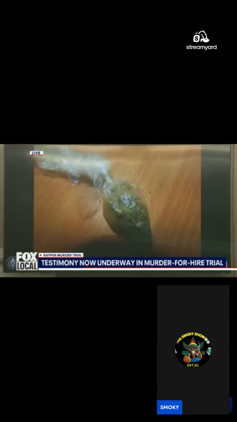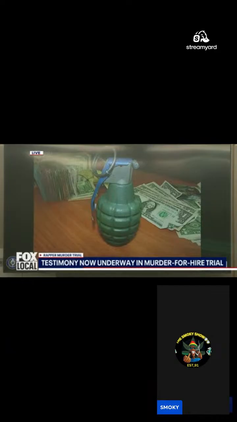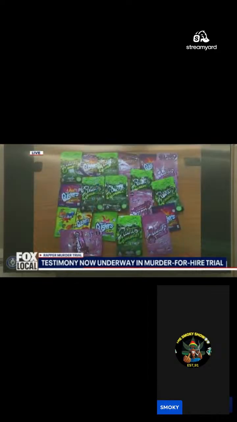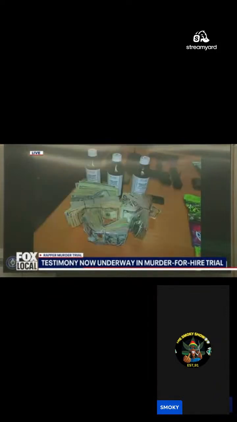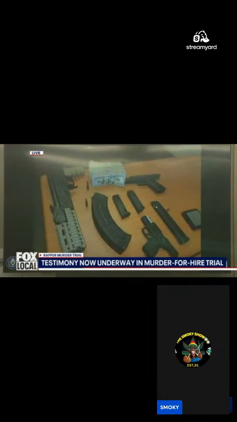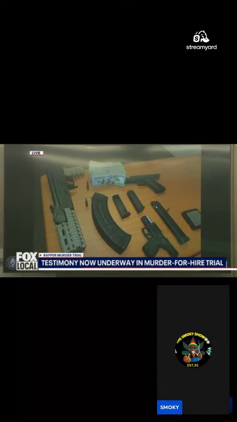State's Exhibit 670, that is a clear baggie containing marijuana. That's the baggie that was found in the mid console by the shifter. 671, bundles of U.S. currency and, I guess, a fake or dummy grenade, you can call it. 672, those are the THC edibles that were found in the bag. 673, it shows the promethazine and the bundles of money, as well as other items that were found in the vehicle. 674, this is a close-up of the bundles, once we counted them and put them together, and then the magazines and the 3 weapons.